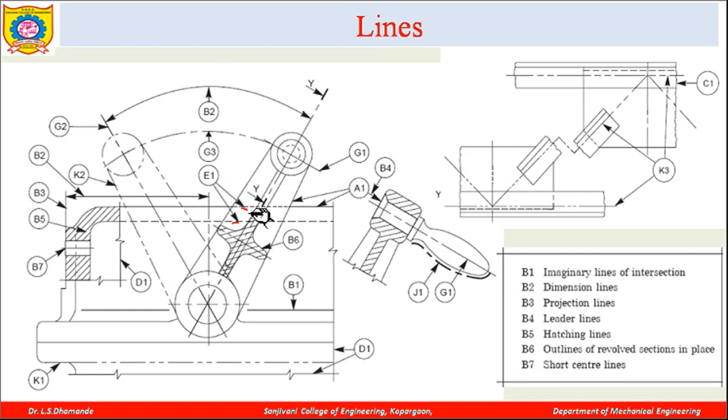Hidden line means it is not visible from the front side directly. The parts or lines of a particular object which are clearly visible to our eyes are called visible lines, and the lines which are not visible, which are behind a certain component, are hidden. Like here you can see one lever is here, and behind that some part of that object is there, which is not visible from the front side. As this line is full, this line is full, this part is visible, and whatever component is behind that which is not visible is drawn as a dash line.